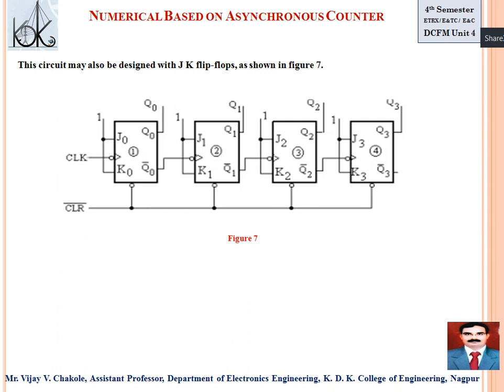That's why, by using the JK flip-flop, I simply tied J and K to logic 1. J1 K1 logic 1, J2 K2 logic 1, J3 K3 logic 1. Again our negative clock pulse. So this flip-flop is the LSB, this flip-flop is the MSB. Output is taken from Q3, Q2, Q1, Q0. Here Q3 is the MSB and Q0 is the LSB. And cascading is from Q0 bar. So this combination gives you the down sequence.